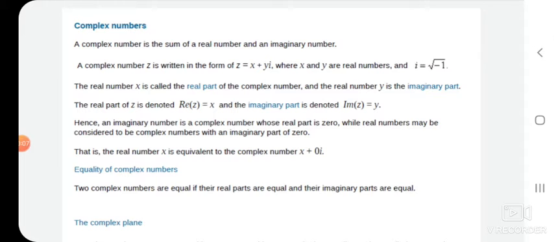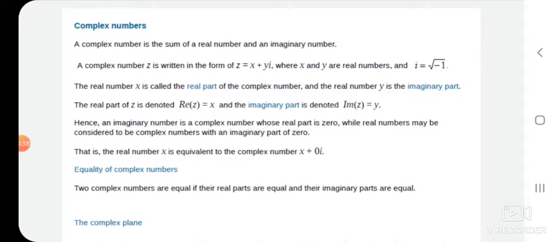In today's lecture, we are going to start a new chapter, that is complex variable. In this chapter, first we have to understand what is meant by complex variable. Then we will discuss what is meant by complex number. Actually, a complex variable in mathematics is a variable that can take on the value of a complex number.